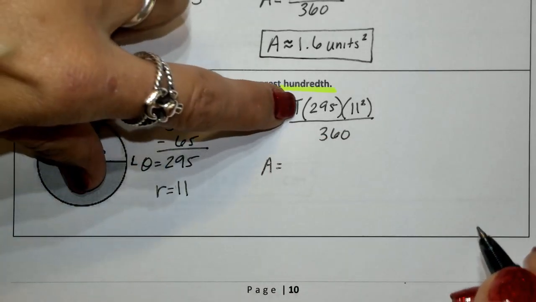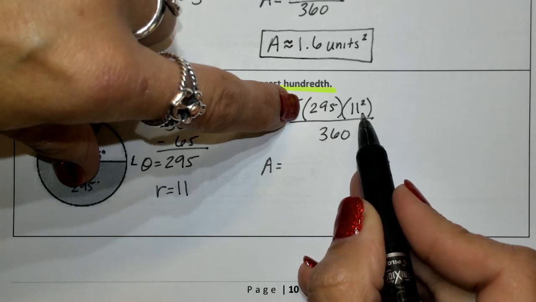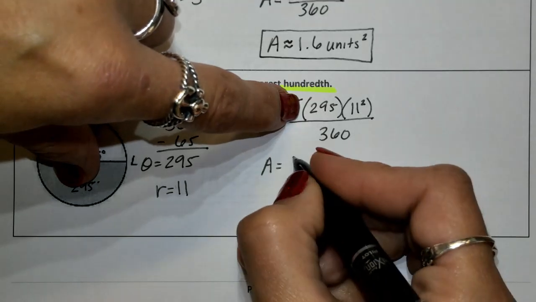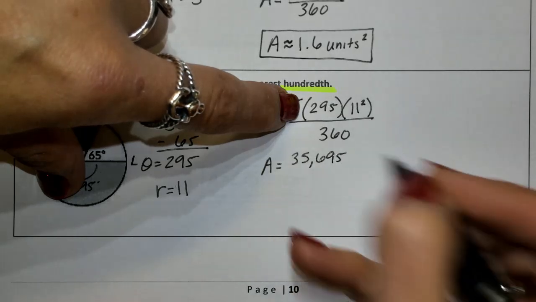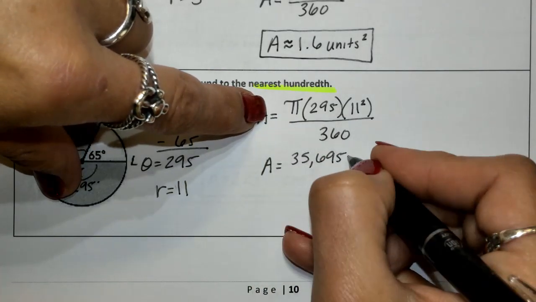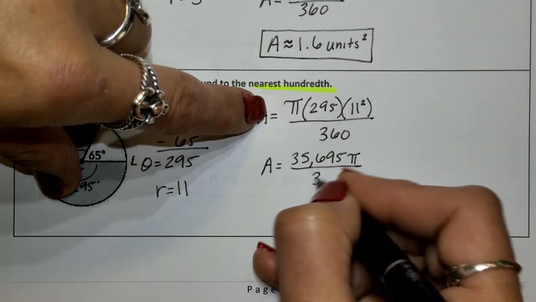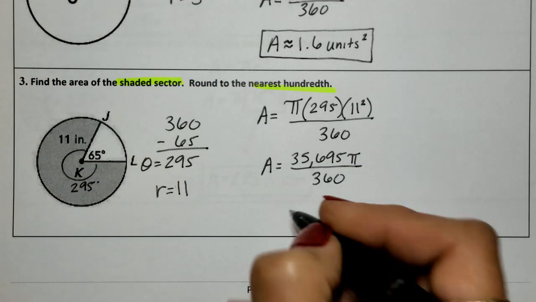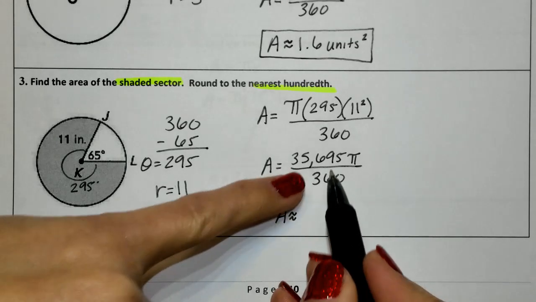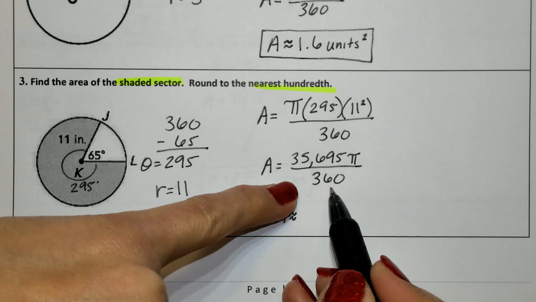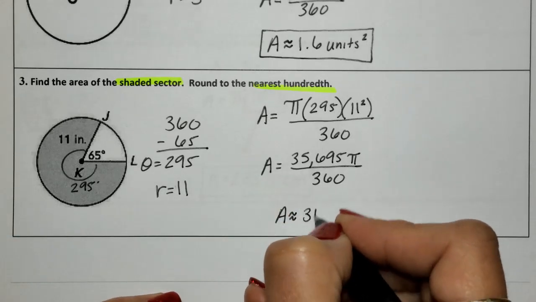I'm going to go ahead and plug in 295 times 11 squared into the calculator. I'm going to get a big number, 35,695. Don't forget your pi symbol. All over 360. All of that into the calculator at once. Please do not plug in 35,695 times pi, round it and divide, okay? Let's keep it as close as possible. Plug that all into the calculator at once with a fraction function. We're going to get approximately